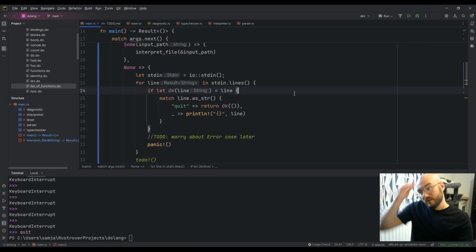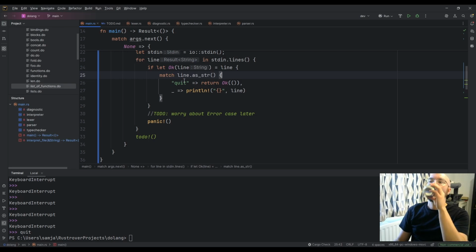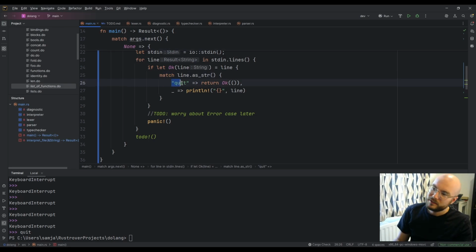Oh, about 50% of my time in Rust is spent juggling between string types. To be fair, this could be a valid Do program if you have a function or potentially a variable at some point when we add variables called quit. But we won't worry about that now.